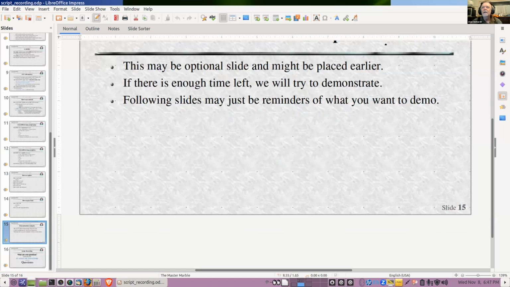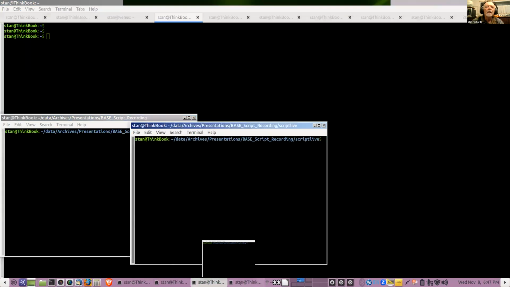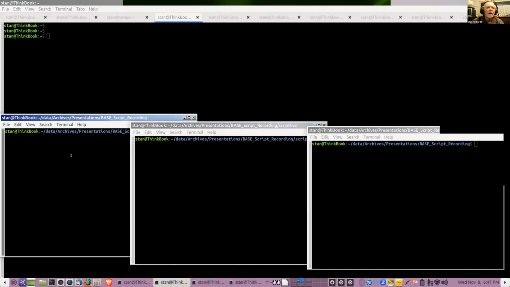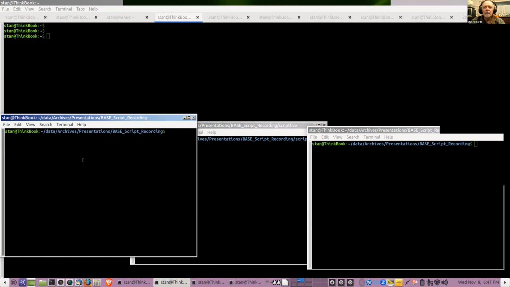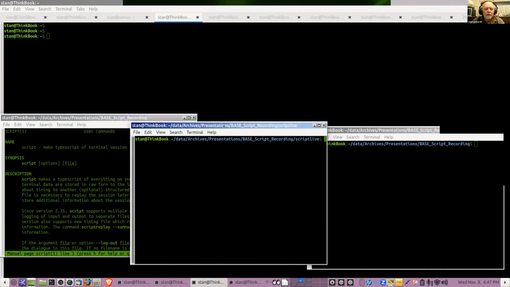So let's jump out of here. And let's see, get out of here. I'm going to go to my command line. Now, just because I brought up, for those that are looking at what's going on here, I've got some subshells. I'm going to show the man page for script. There's a separate man page for script. There's a separate man page for scriptreplay.